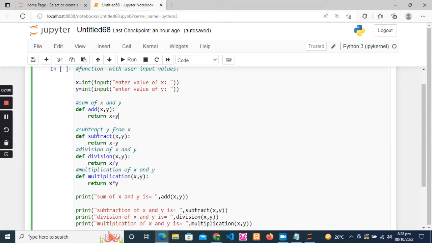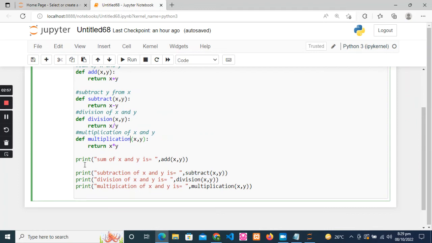And like that, here we have used the function name subtract, and the result of subtract is returned here, and here we have used division and multiplication, and